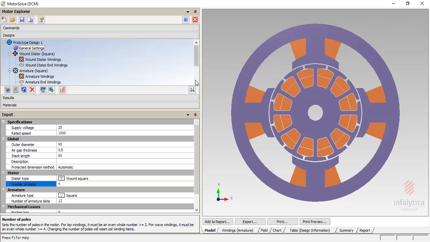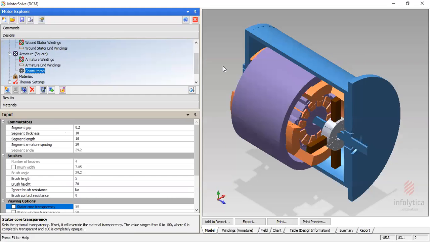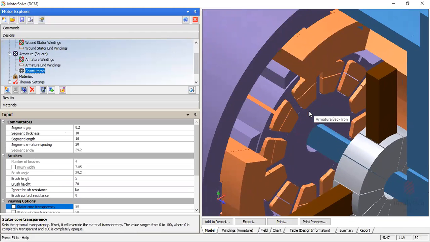Now coming to the most important part of the generator, which is the commutator and the brush arrangement. Why is the commutator and brush arrangement important? The reason is that the armature current, or the induced EMF in the generator, will be an AC voltage or AC current in the armature. It is a DC generator, and now we want to convert this AC into a DC.